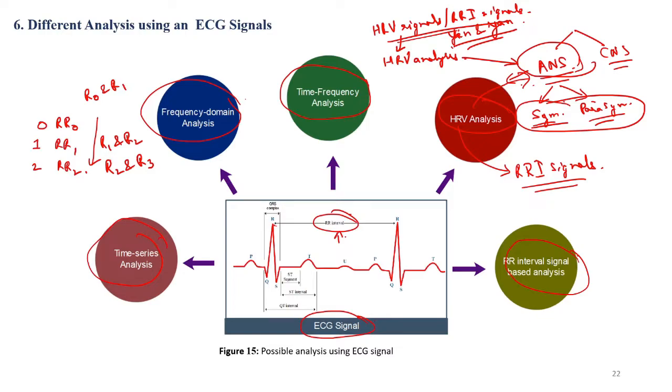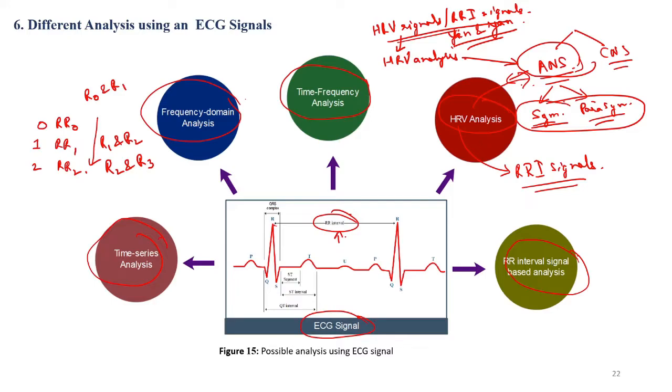Because the amplitude of the cardiac muscles, that is the ECG signal, is much higher and in a synchronized fashion as compared to any other biological signals. Okay, so that is the reason why the ECG signals have been analyzed across the globe by many researchers for different purposes. Okay, now since it is easier to acquire and that too in a non-invasive manner,